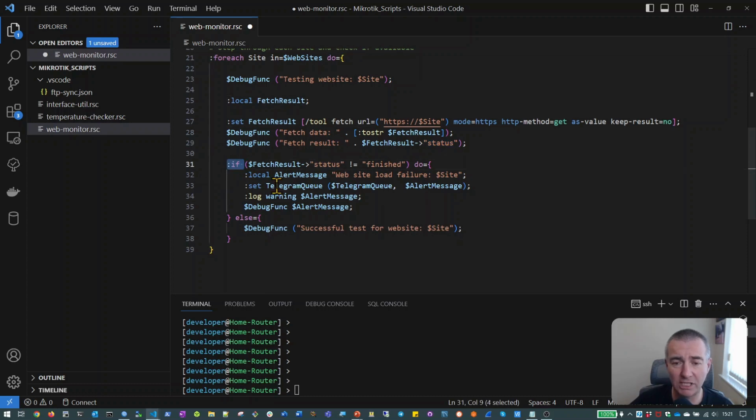which we've seen previously, so I won't go over that again. We'll check what the value of the status field in the result array is. And if it isn't the word finished, and you saw before when we were successfully getting the websites, we got the status of finished. If it's not equal to finished, then we need to do a number of tasks which will indicate that there's been a problem, and log an alert ready for us to alert into the logging system and ultimately into our Telegram